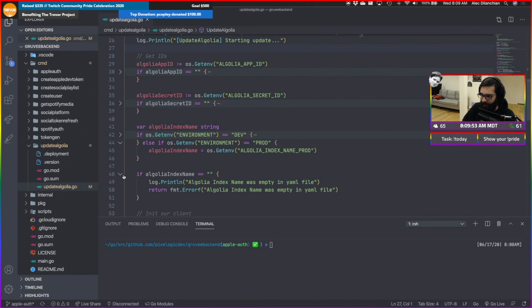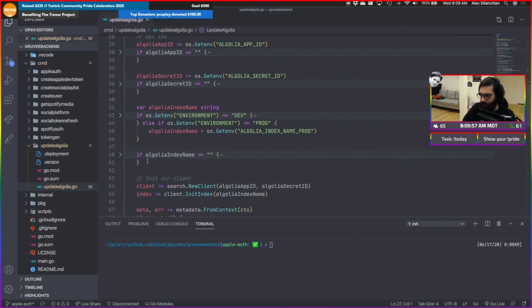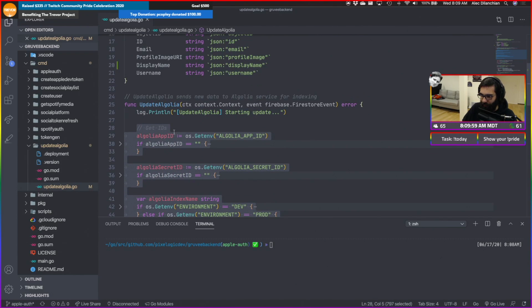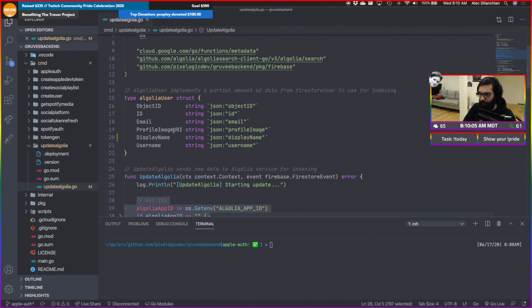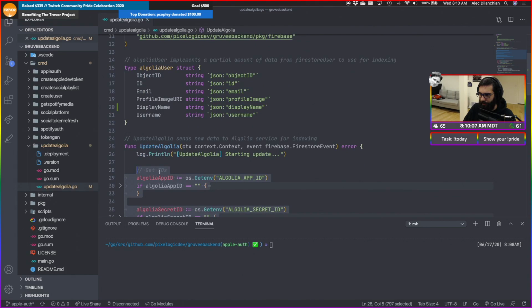I'm going to take this and move this into an init function. Do I want to do that?